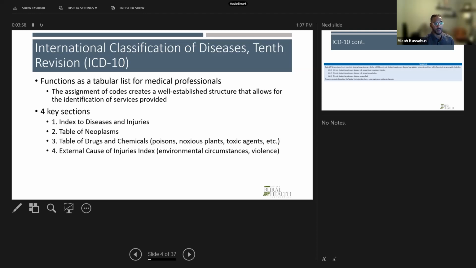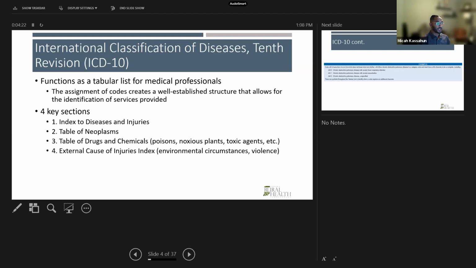I want you to take that mindset and apply it to diagnoses. There's always a diagnosis for that. There's always a code for that, and that's what is really helpful about the ICD-10. It's just kind of a dictionary of the different ailments, problem areas, and different types of struggles that certain patients might bring to a medical professional.